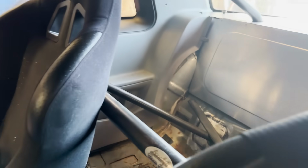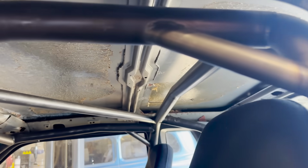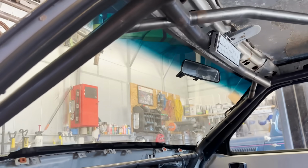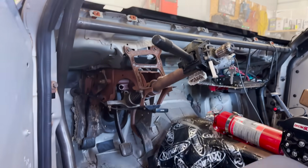The way he tied in the rockers to the trans tunnel. He put down bars to the torque boxes to the rear. I mean, it's super nice. So it fits nice and tight where it should. I gotta put the dash back in it,